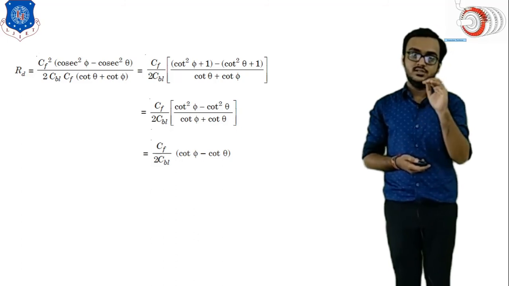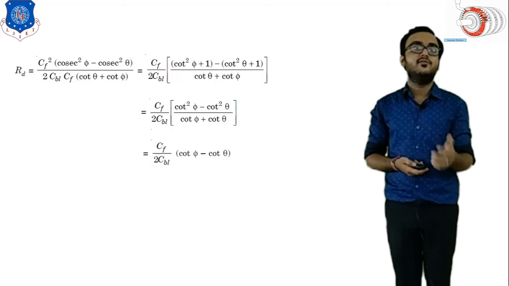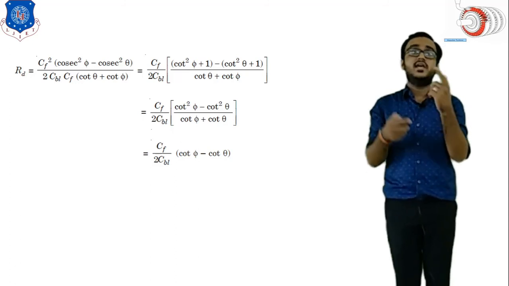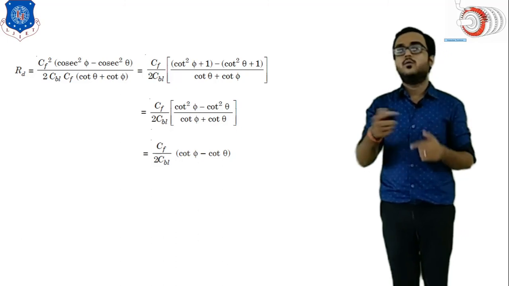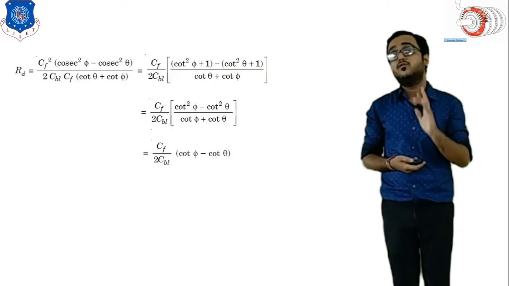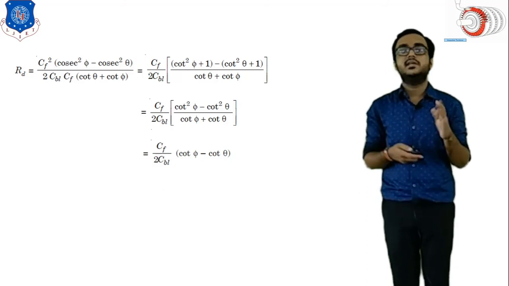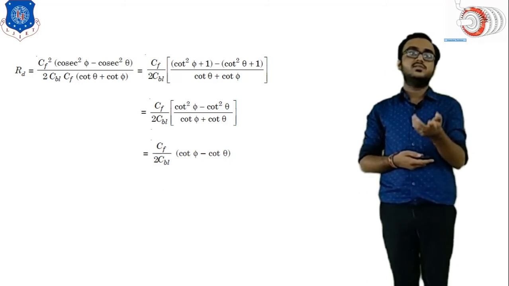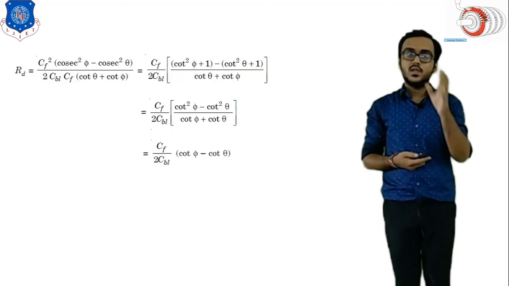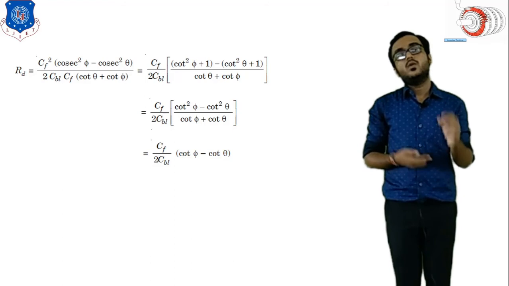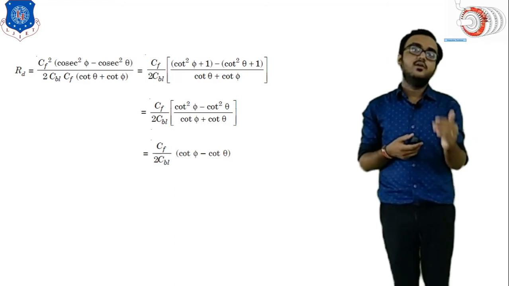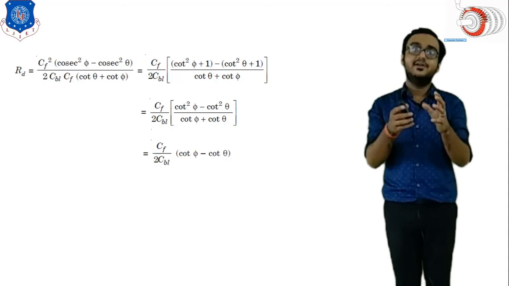By using this equation, we are able to identify the degree of reaction, because for the given turbine blade we know both angles, that is the inlet blade angle and the outlet blade angle. And we are able to measure the velocity of flow very easily, because whenever the flow is leaving, we just need to put sensors. And we know the Cbl. So from this equation we are able to identify the degree of reaction of a given turbine.